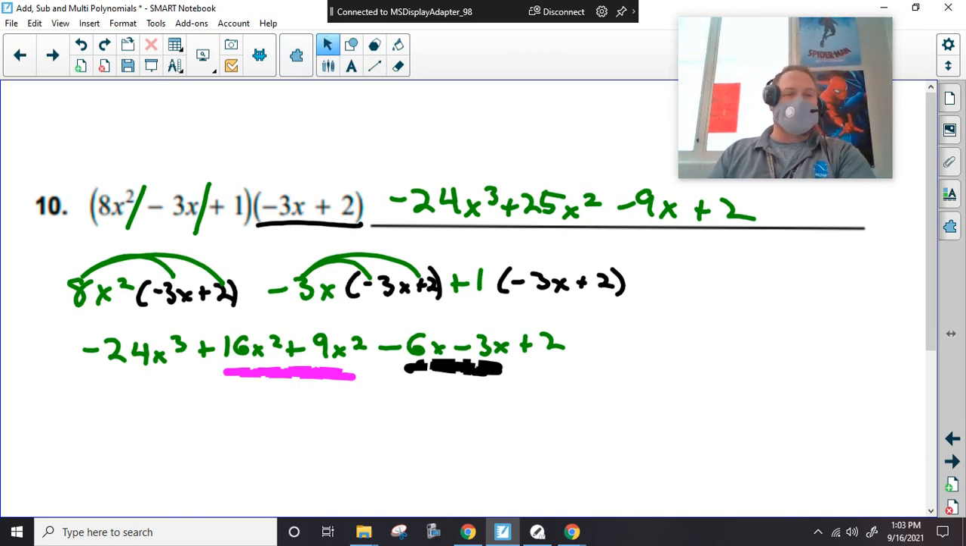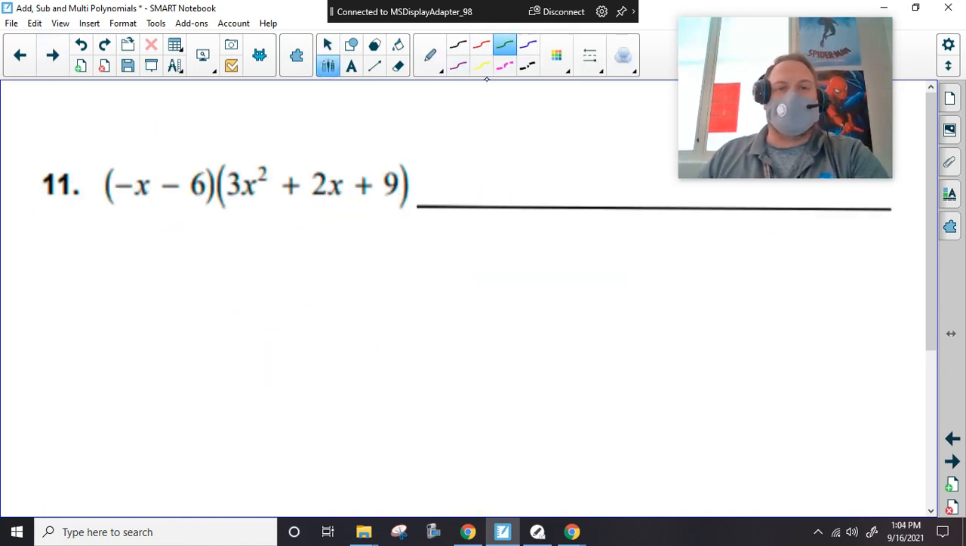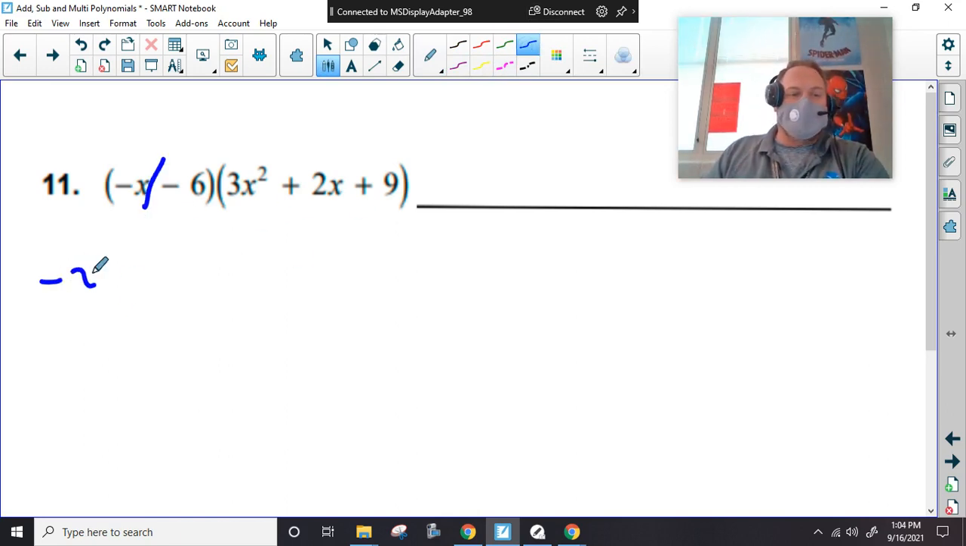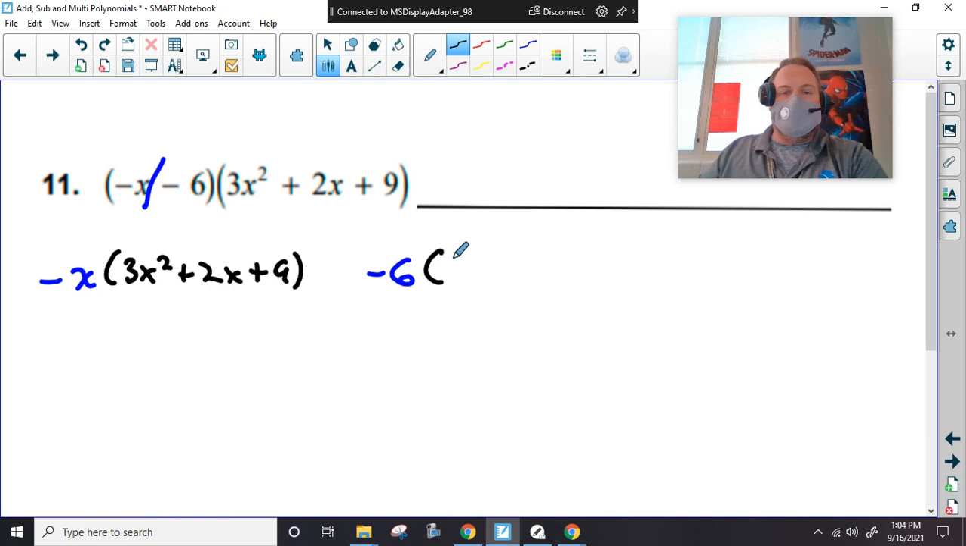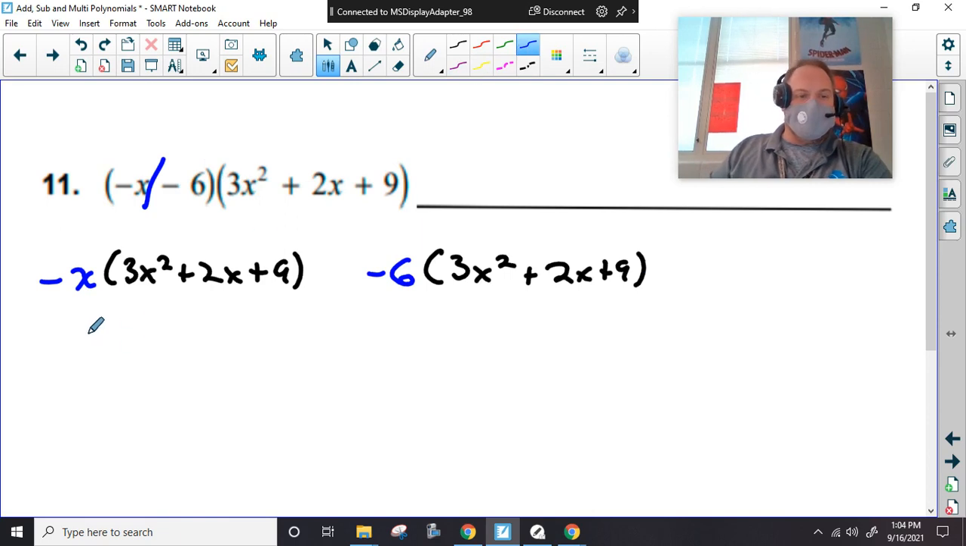All right, are we good with number 10? Sure. All right. Now, somebody asked, can you do it the other way where we cut it like this? And the answer is yes, you can. As long as you're multiplying each term, you're good. Okay. So if you do it like this,